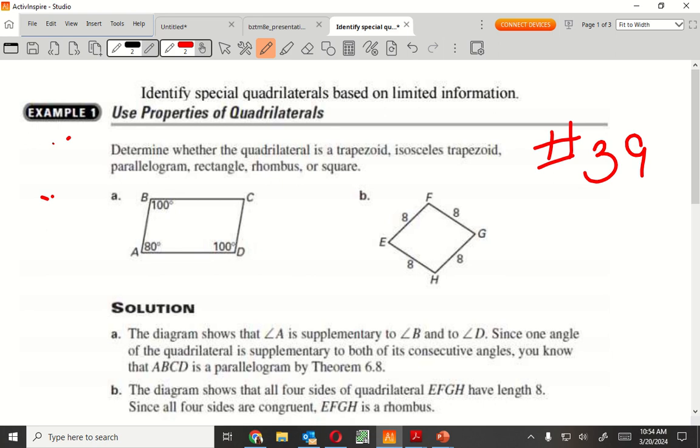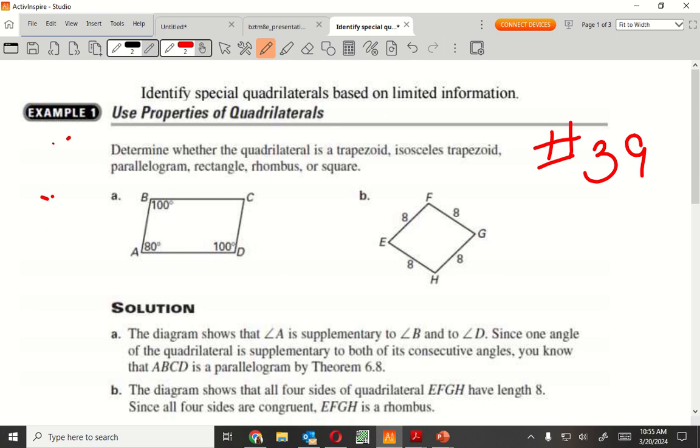If you were here on Monday, the first property says what? Exactly, one pair of parallel sides. All trapezoids only have one pair of parallel sides. Okay, so this one right here, is this going to be a